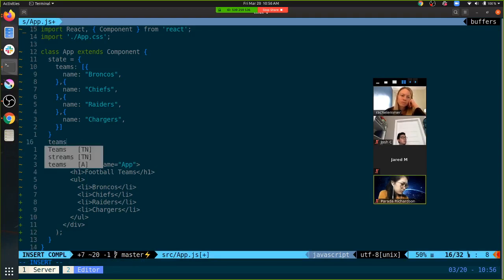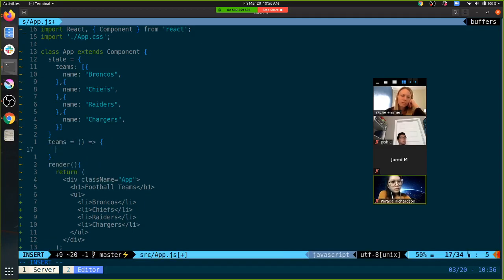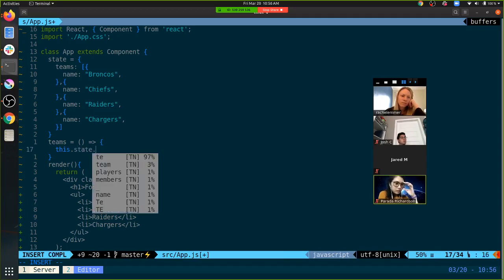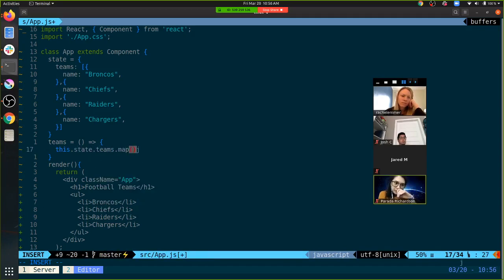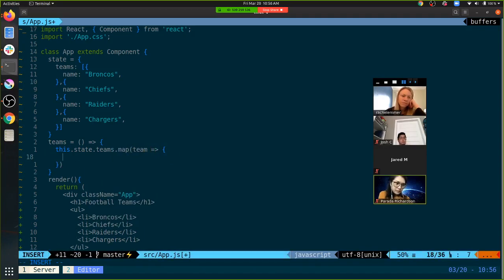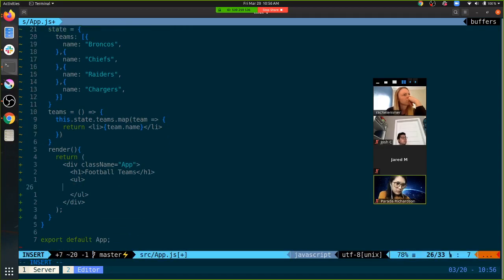So I'm going to say teams are this.state.teams.map. I need to map through the array of objects and turn it into an array of JSX elements. Then I can make this.teams.